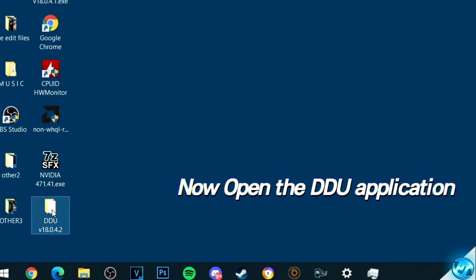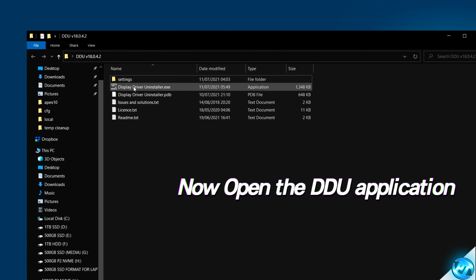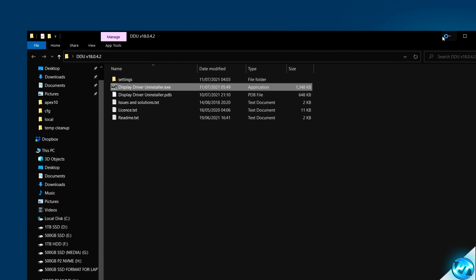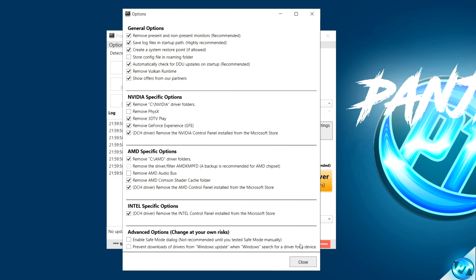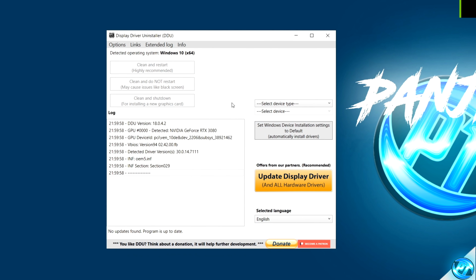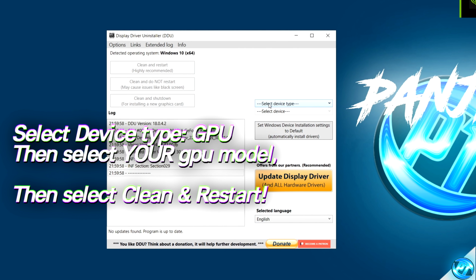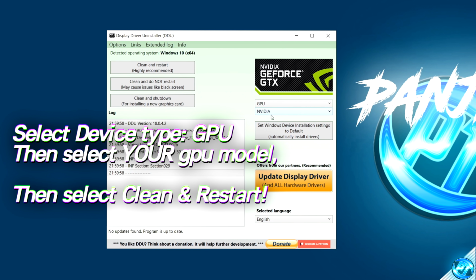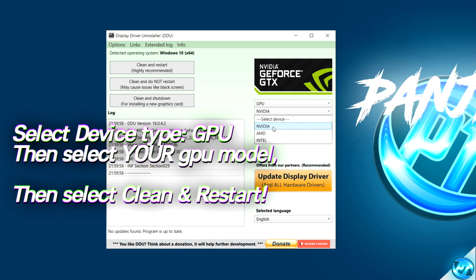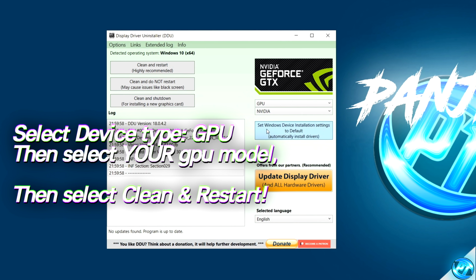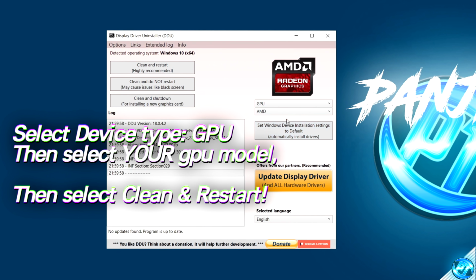Once inside of it, go ahead and open up the DDU folder on your desktop and open up Display Driver Uninstaller.exe. Select OK to any of the pop-ups that come up, then select Close. We then need to navigate over to the right hand side to select Device Type. So select GPU. You'll then need to select the make of GPU drivers which you're going to be uninstalling. So if you have an NVIDIA graphics card, select NVIDIA. If you have an AMD, select AMD. We're going to be using the Clean and Restart option, so press this button. The system will then automatically be restarted. You'll then be booted back into Windows normally.